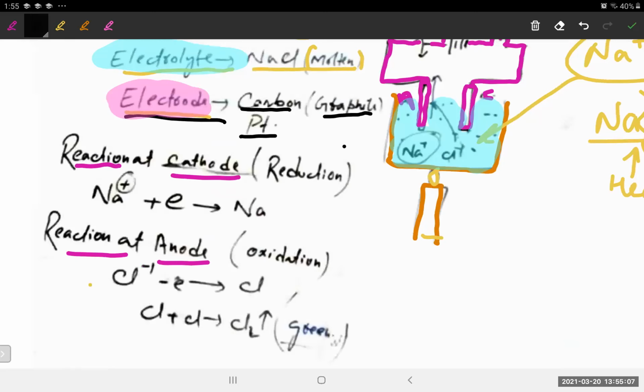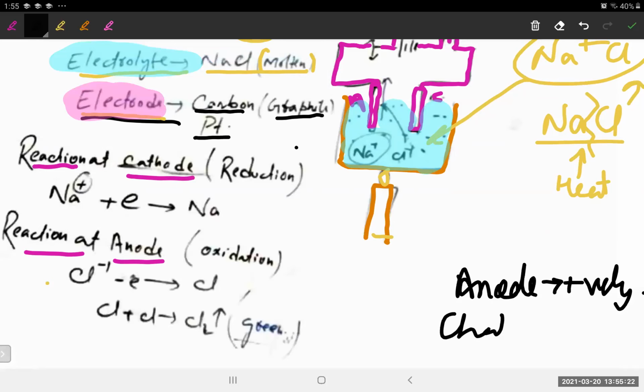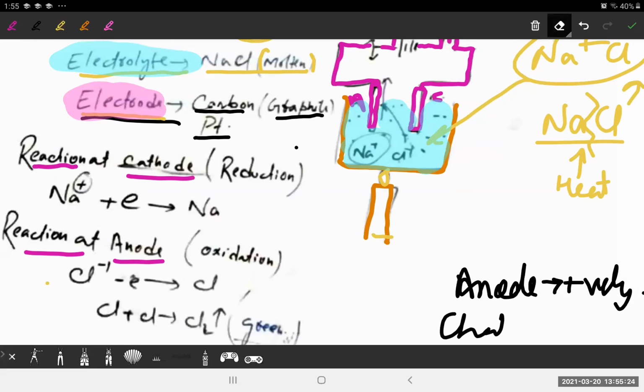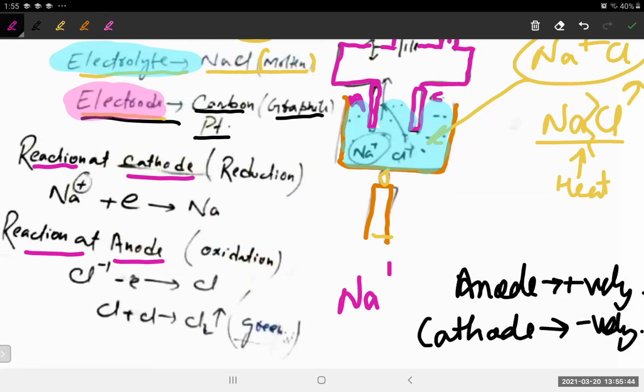Now everybody knows what is cathode and what is anode. Tell me, what is the charge on cathode and what is the charge on anode? I told you your anode is connected to the positive terminal, so it will be positively charged. Cathode is what? Oh my god, that's a bad habit. I'm writing cat at chat. That is what the modern Gurukul made us do. That is negatively charged. Okay, is it clear? Up till now it's clear. So now if we take NaCl, Na plus Cl minus, let's see what will happen.